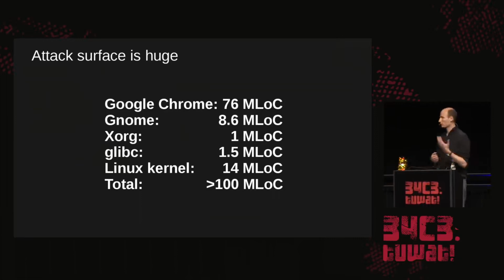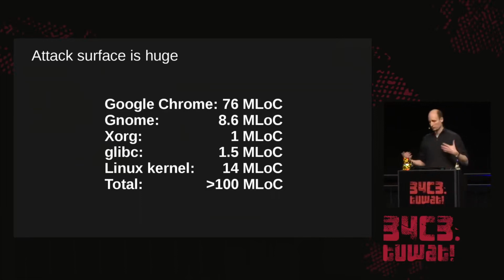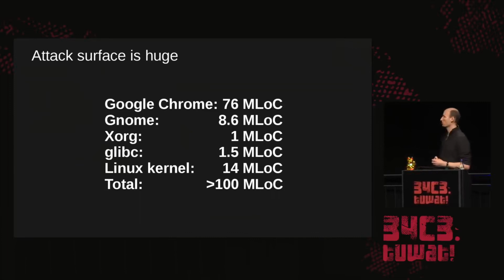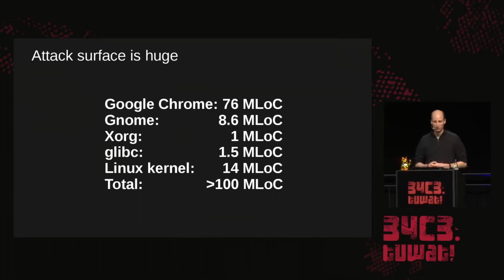And it's very hard to protect against vulnerabilities in this large code base. Even though the folks at Google are doing an awesome job at code reviews, figuring out test cases, checking all the different conditions, there's still a large opportunity for different forms of type confusion in this large source base. And it's not just Google Chrome with 76 million lines of code, but also a bunch of other systems on top of that. There's your window managers, there's your standard library, there's the Linux kernel, there's a hypervisor, and so on. And this easily clocks into more than 100 million lines of code, with a lot of opportunities for different forms of type confusion.